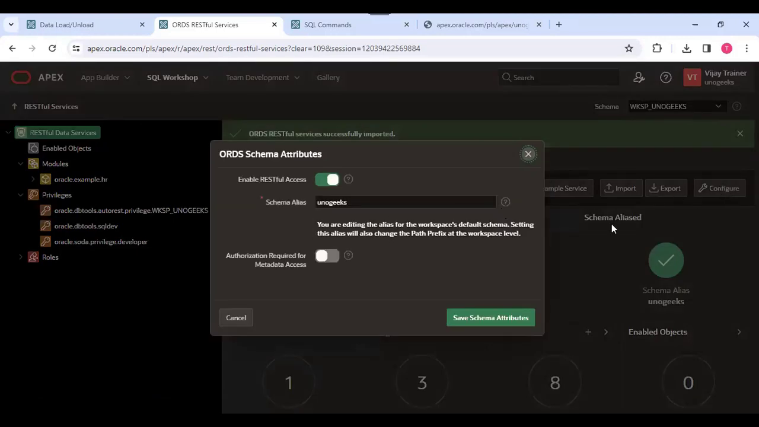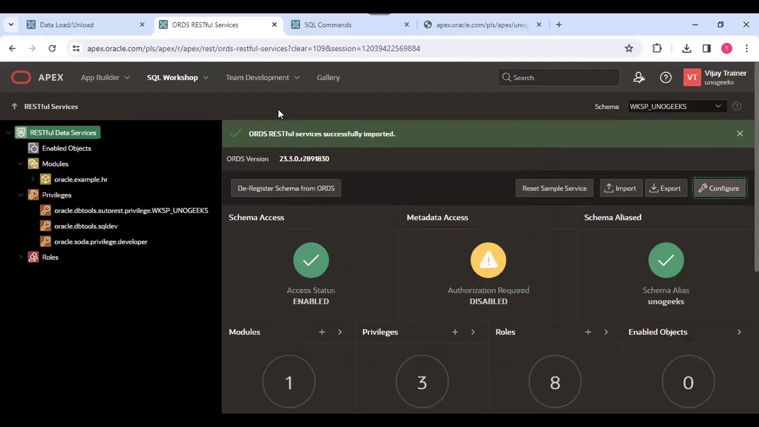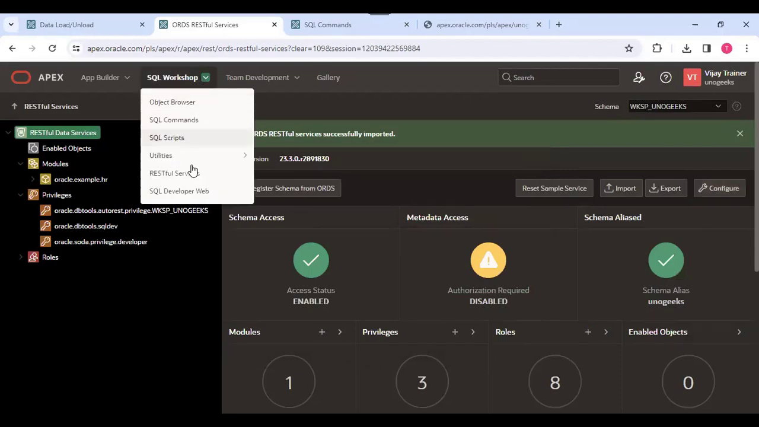In the configuration, again it is the same thing. Whatever it asks for, if we want to reconfigure once ORDS is registered, then there is again an option to reconfigure. So this is the overview about the RESTful